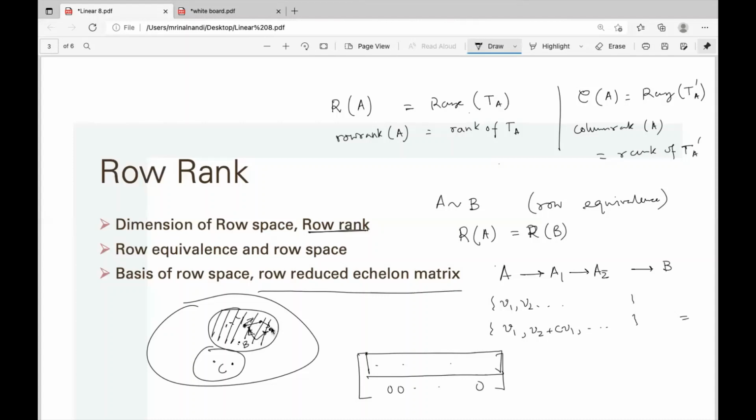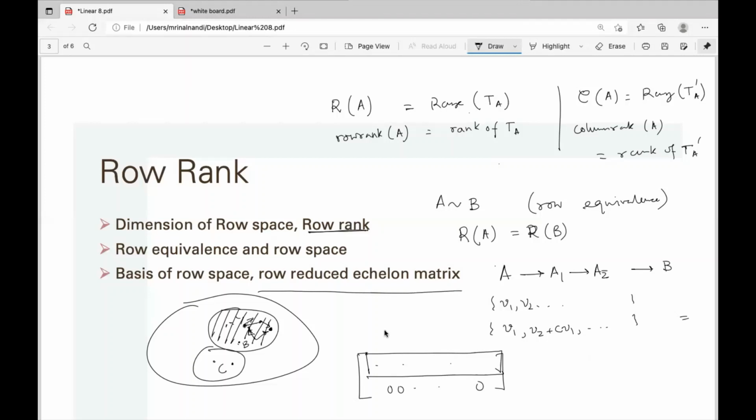Why do these paths terminate at the same echelon form? You have to prove that, and why this algorithm reaches there. The next question is algorithmic: is this algorithm the best, or is there another, better algorithm that takes less time? So this sort of question will be there. That's why these row reduced echelon matrices are so important.